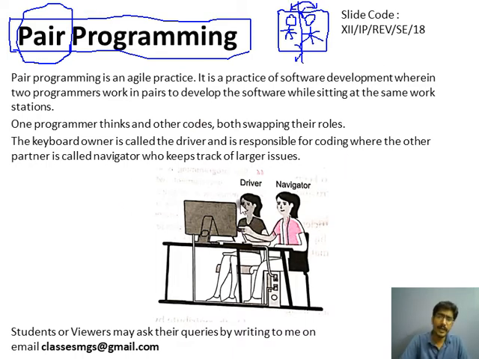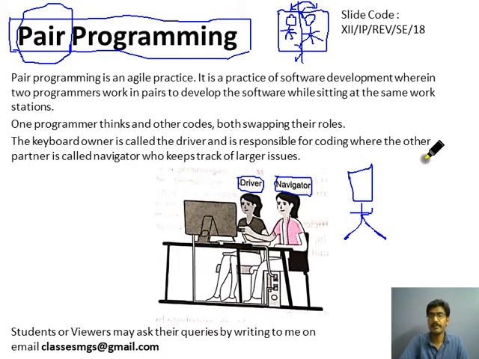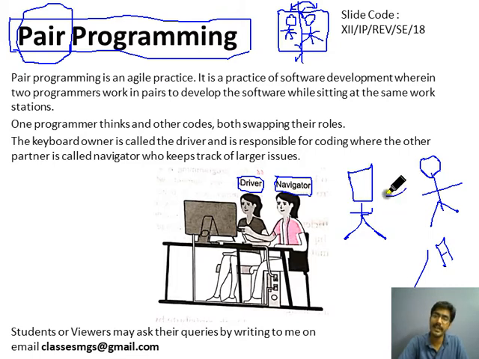In pair programming, one will be the driver and another will be the navigator. Who will be the driver? Like in a car, if two persons are sitting, one knows how to drive the car and another person knows the path to the destination. Let's suppose I want to go to Delhi from Ahmedabad. I know how to drive a car, but I don't know the path from Ahmedabad to Delhi. So there will be two persons, one will drive the car and another will guide the driver on that particular path.